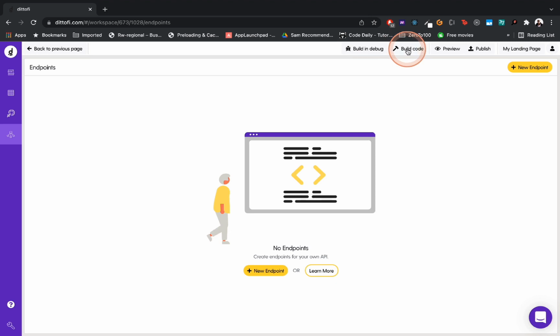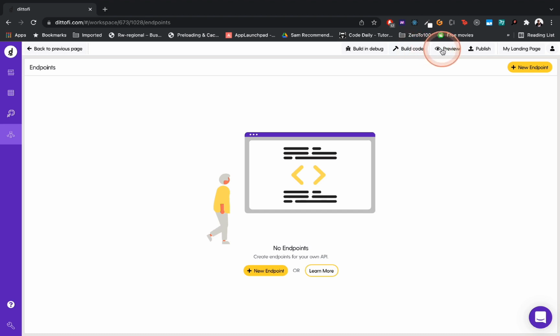And this button, build code, we will see in subsequent videos how this button allows us to take the app that we're building visually, and when we click that button, what happens is the Didify no-code platform takes everything that we've built and generates real human readable enterprise grade source code for our app, and it sends it to containers in AWS so that they can be hosted there.